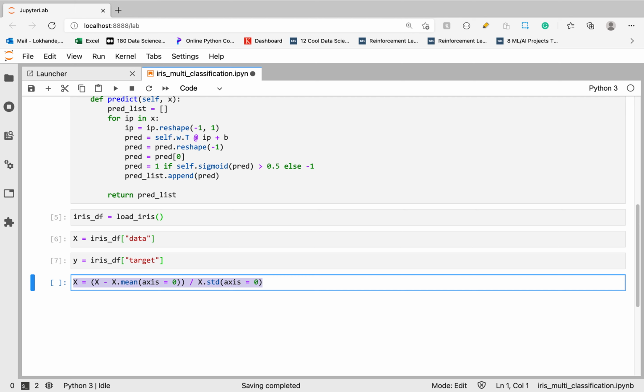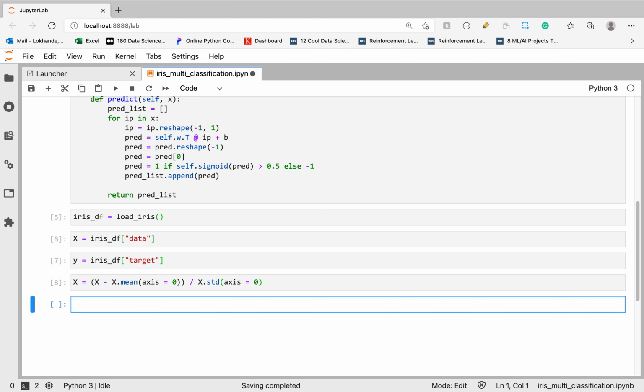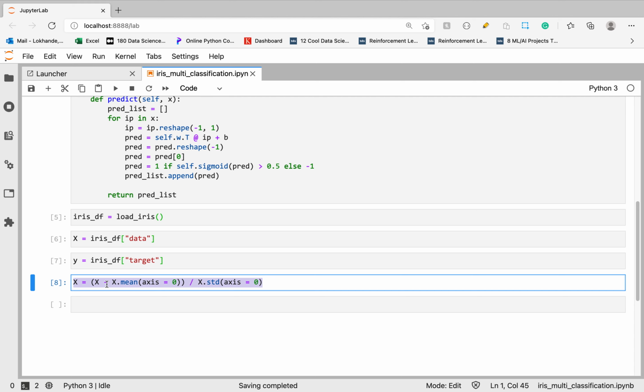We just subtract the mean and divide by the standard deviation. It is nothing but centering your data towards the mean. So it will convert your whole data to one single scale, or you can say one single domain or range. This is an optional step, but I prefer to do this step.